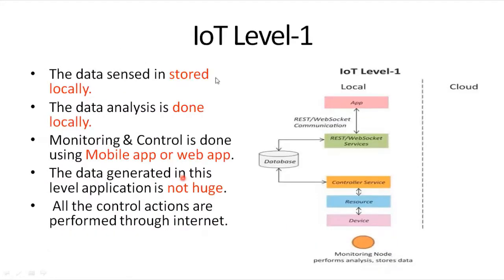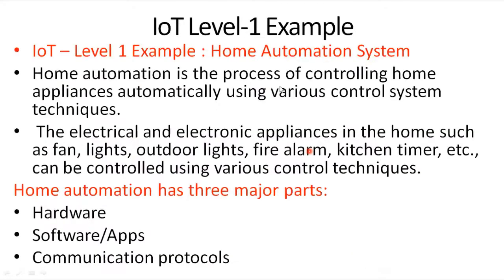That means I'm telling you some information about level 1. Stored locally, done locally, and then a mobile app and web application. That is simple information. Coming to an example, a home automation system is the best example for this one. And then